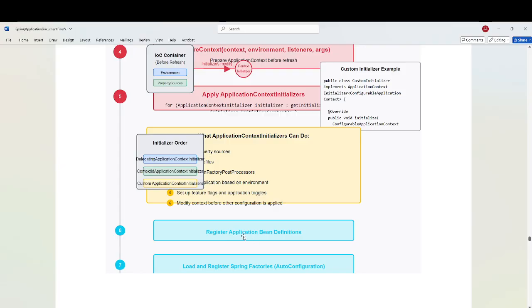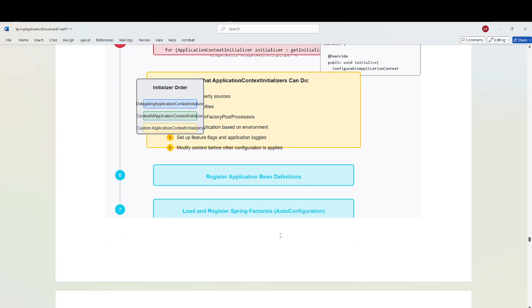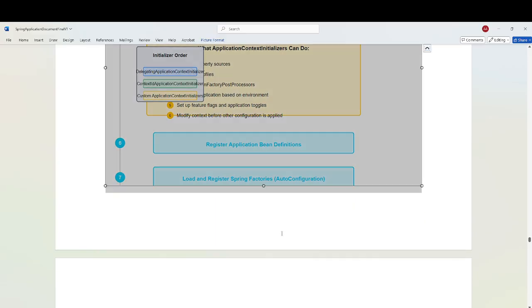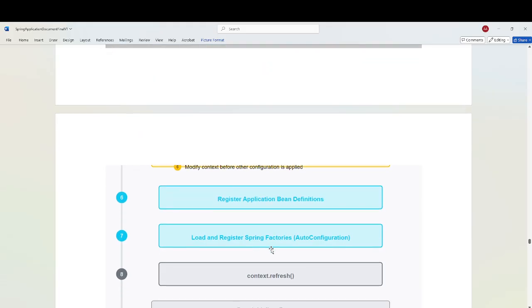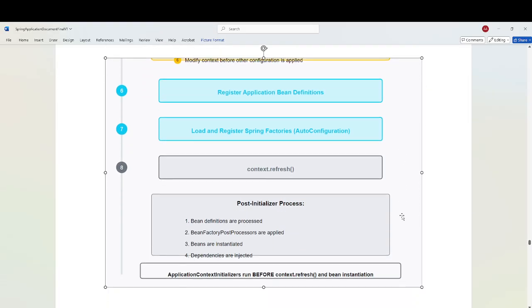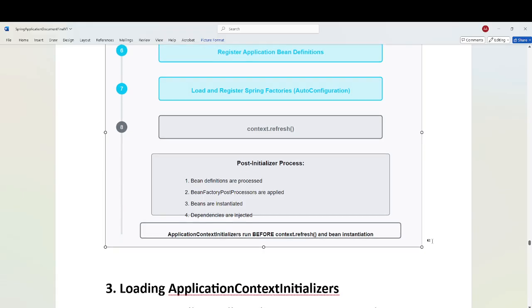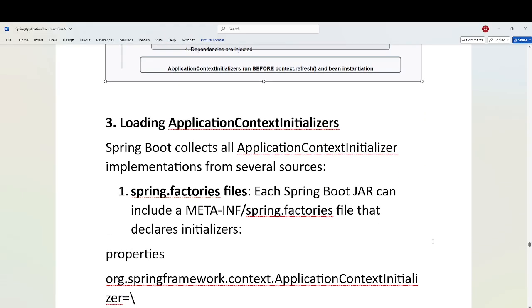After that it will register the application bean definition and load and register the Spring factories. Auto configuration will register the bean definition, load and register Spring factory, and the context.refresh method is called. After context.refresh is called, the post initializer process and bean factory post process are applied, the bean gets instantiated, and dependencies are injected. Okay,